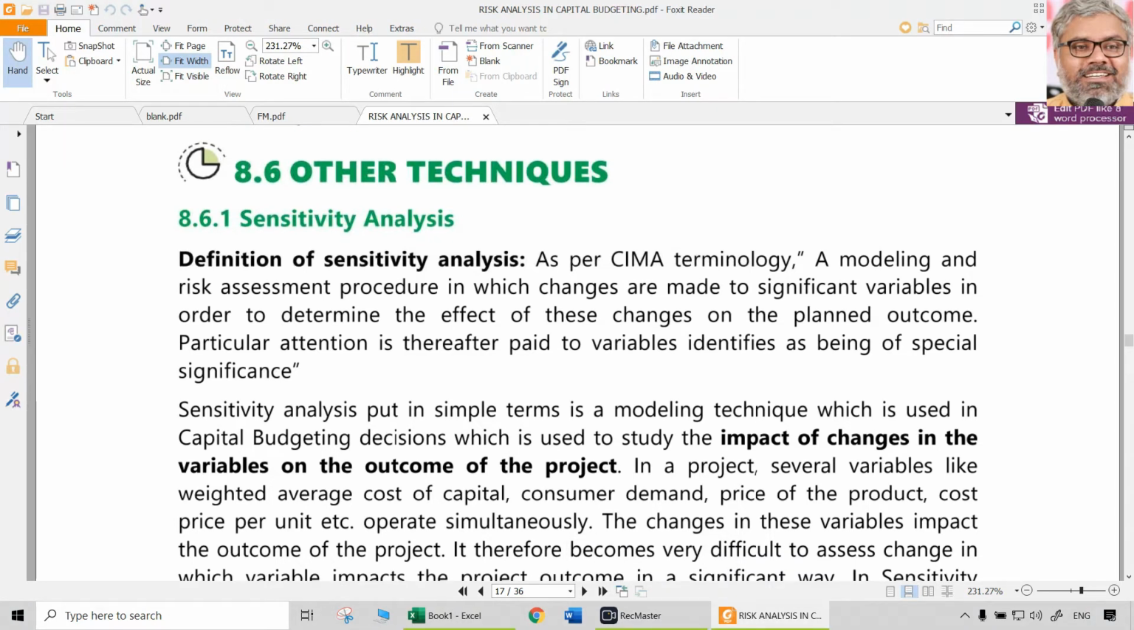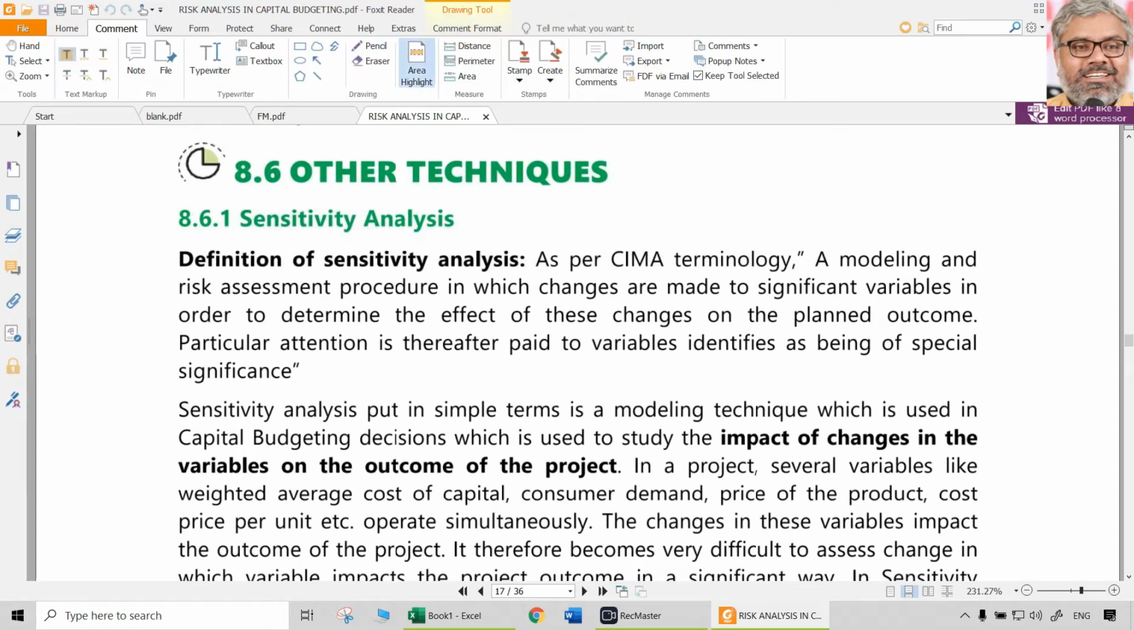Now let's move on to another technique called sensitivity analysis. This is one of the most important techniques also from the examination point of view, because it is the most frequently asked question. So what is sensitivity analysis? It is basically a kind of modeling technique wherein we can test the sensitivity of the project's outcome, which is generally NPV,